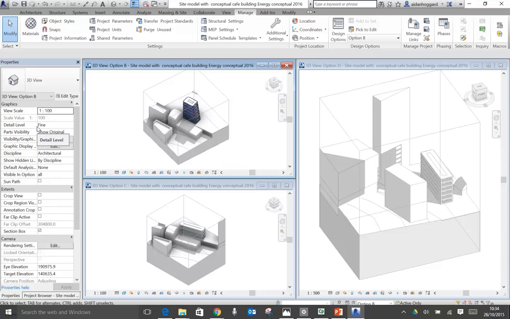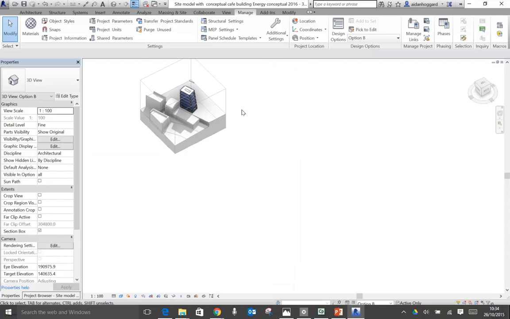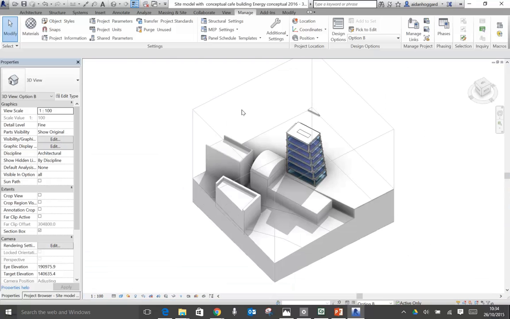Right, next. Let's now have a look at some of the options of a conceptual building model. Okay, so if we look at this building here,